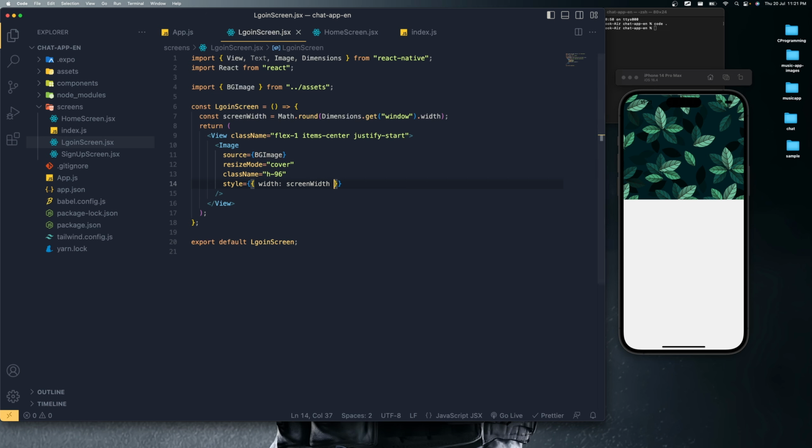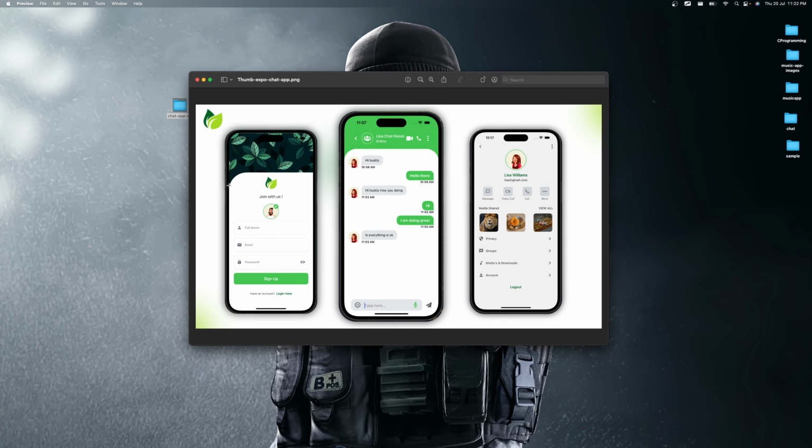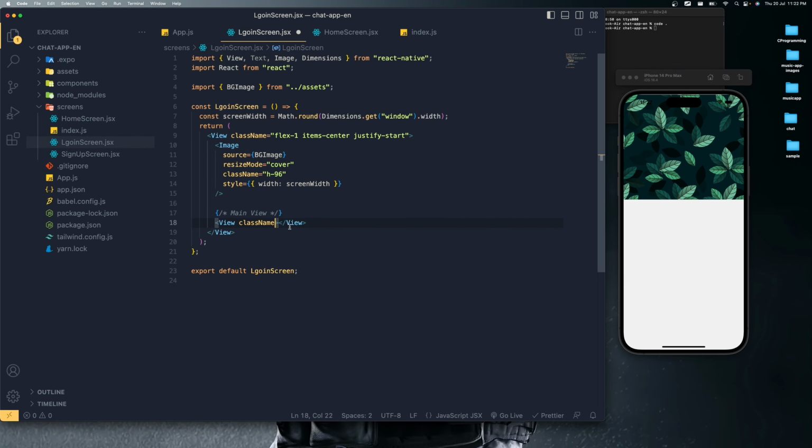All right, then what I need to do is create a view. Over here, this is the main view. Let's give a comment so that we can keep track of it later. So let's bring the view over here. Let's type the view, open the view tag. For this view tag, you can see we have this view which has a slightly rounded edge compared to other edges. So I need to add the rounded edge only on the top left corner. All right, so className,